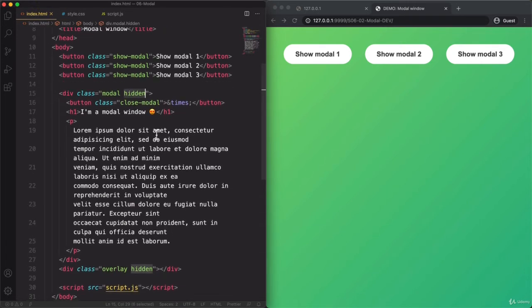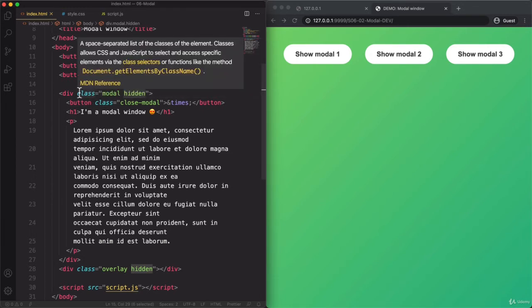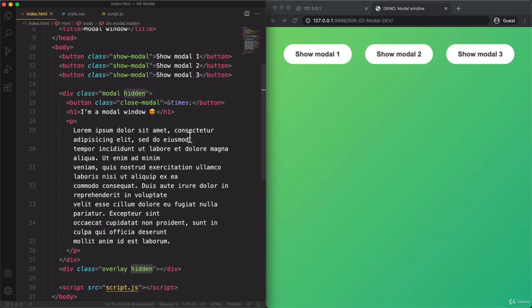So anyway, this means that we will not basically create the HTML for the modal window using JavaScript. It is already there. All we will do is to show it and to hide it according to the clicks on the buttons. So that's the modal,